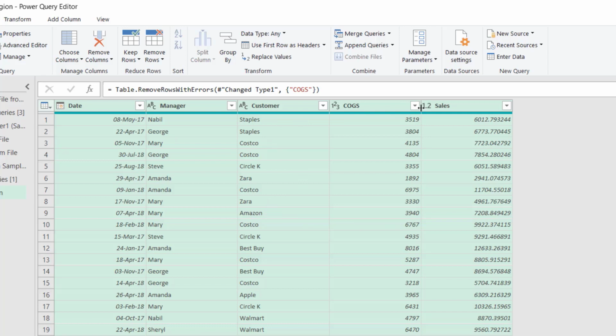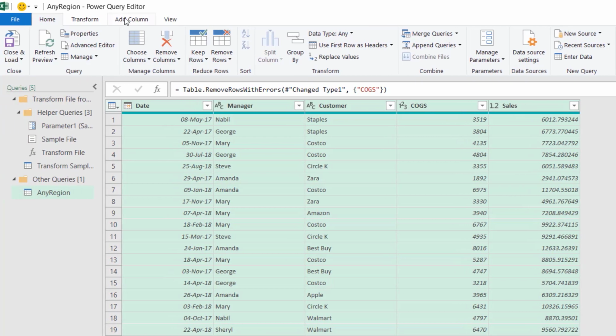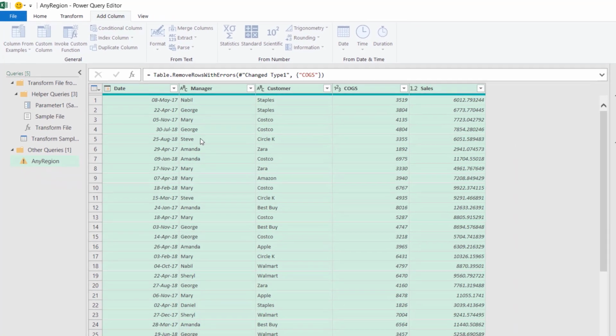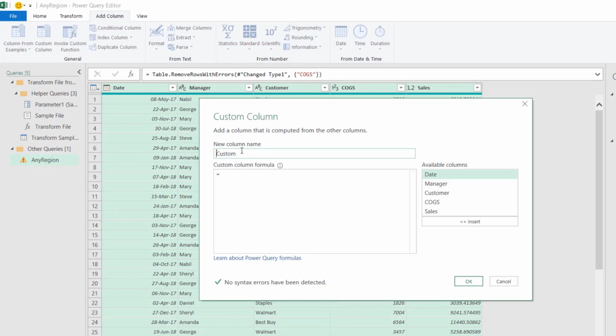And that's fine. I would like to create a column that subtracts the cost of goods sold from sales. So I click on the Add Column tab on the ribbon and click on Custom Column. What would you like to name this new column? I want to name it Profit. And for the profit column, I'm going to subtract the cost of goods sold from the sales, but I want